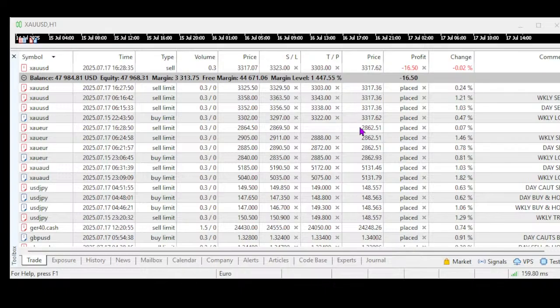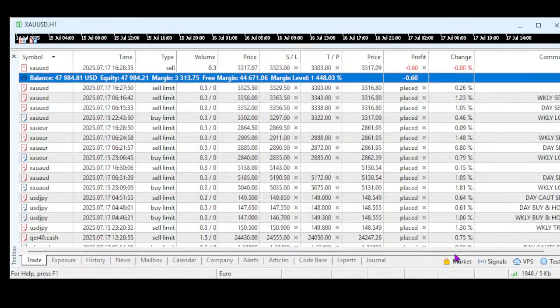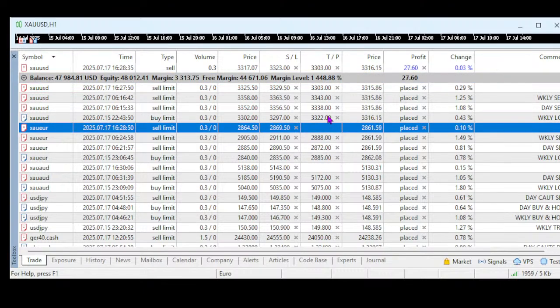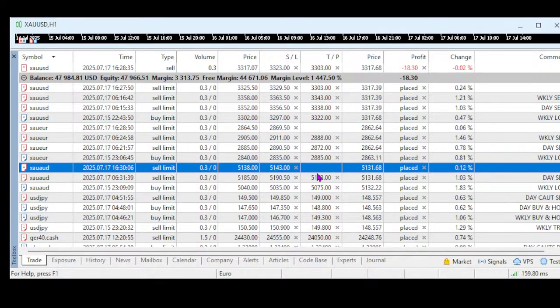See, the thing is, once we do 38, put it as 43, 43 stop. So we have two orders. Okay, I didn't put in TP because it's easy for us to manage later. So we are going for another sell at 64 half, stop at 69 half, and the other one is selling at 38 and stop at 43.